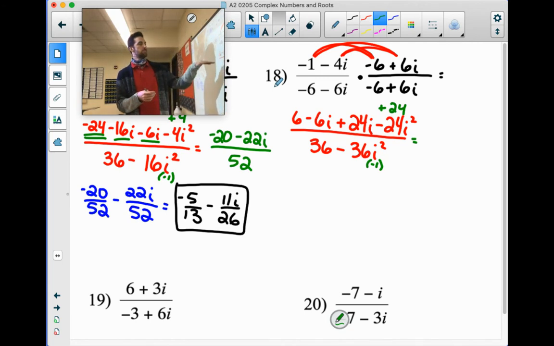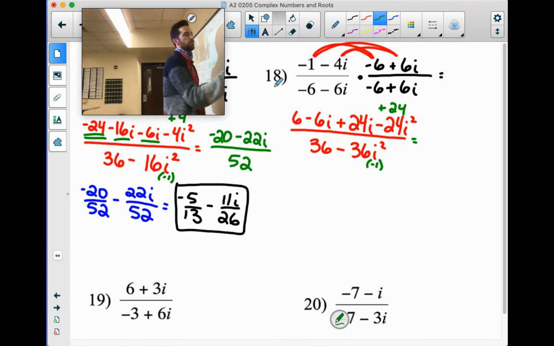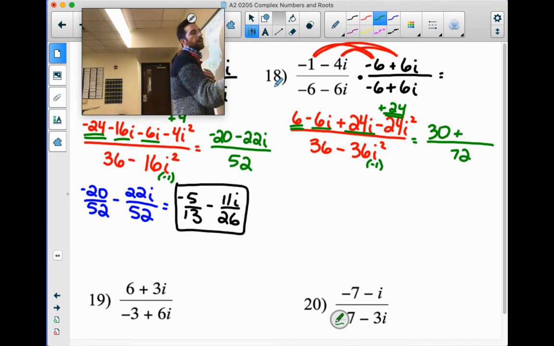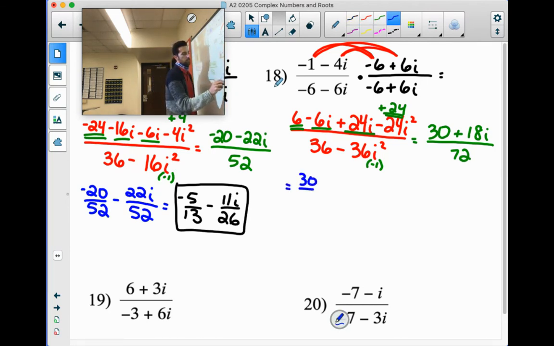The denominator says 36 plus 36 now, which is 72. The numerator, I have 6 plus 24 is 30. I have negative 6i plus 24i, that's 18i. We can't simplify those parts, but let's think of this as two separate fractions. We have 30 over 72